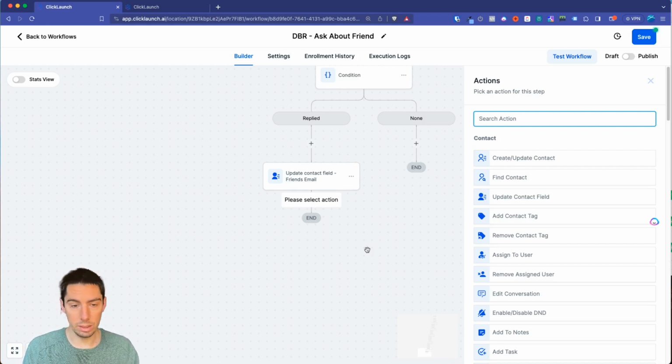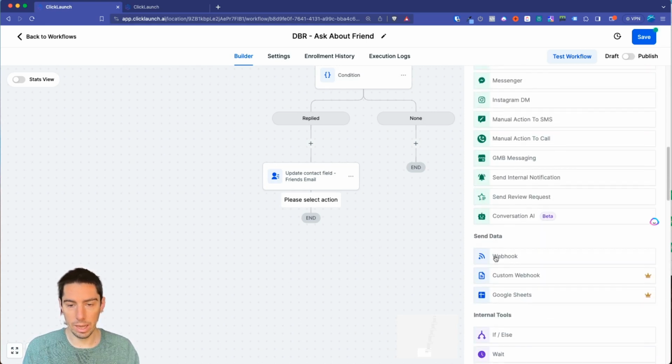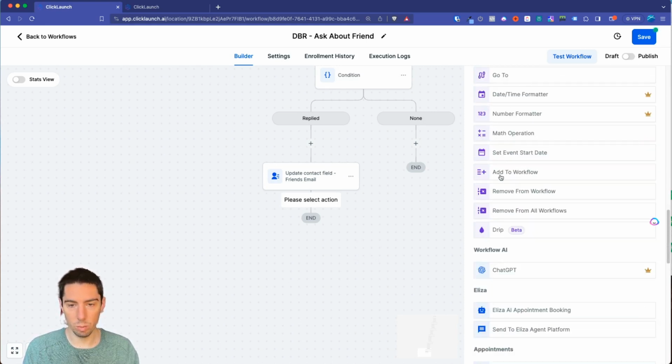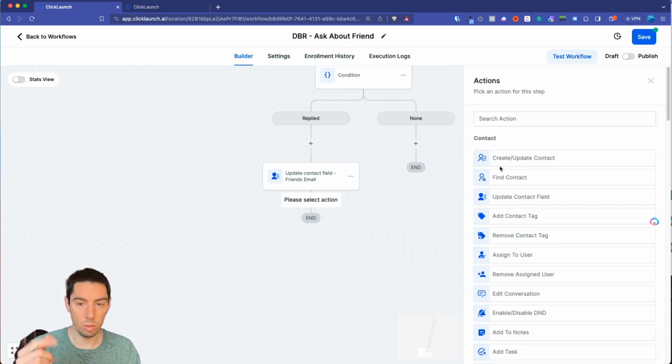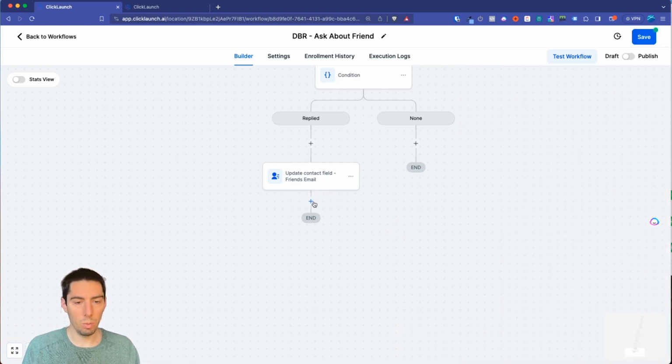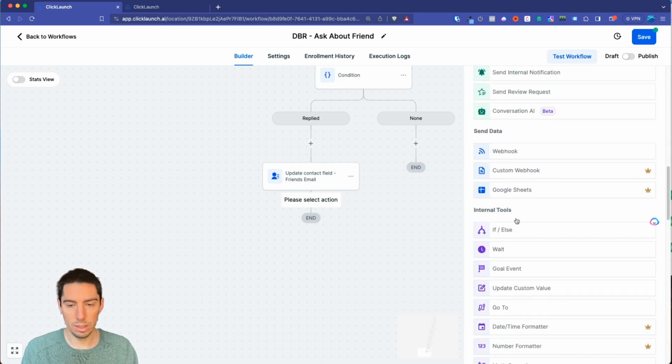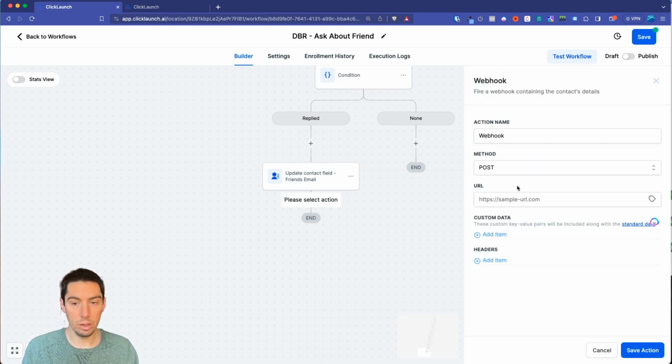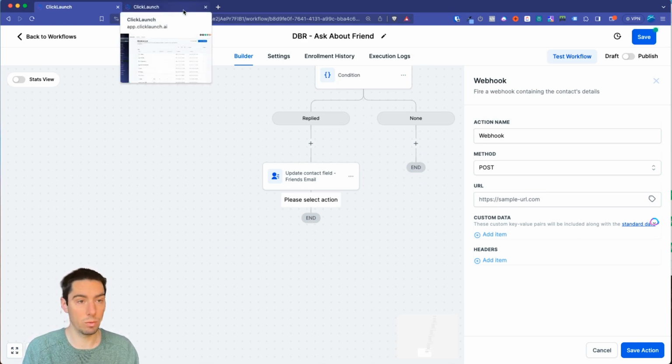What I tried doing is, at first I tried just add to another workflow, add to workflow, and then adding that one in that other workflow, but that again didn't work because it's still that same contact was in there. So we have to do it a different way. What we're going to do is send a webhook. Now you need a URL here, and we don't have a URL yet. So we're going to keep this right here, but we're going to go create our second workflow.